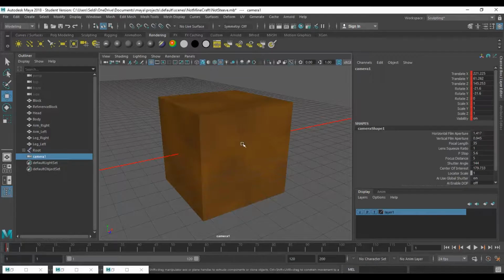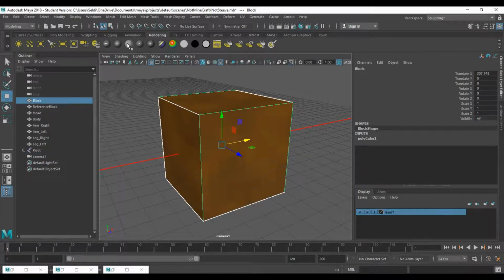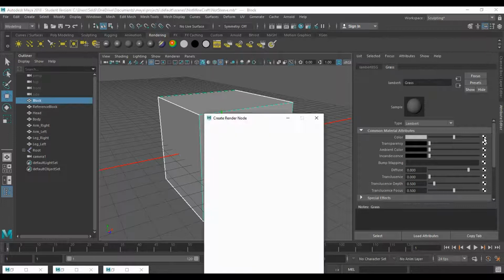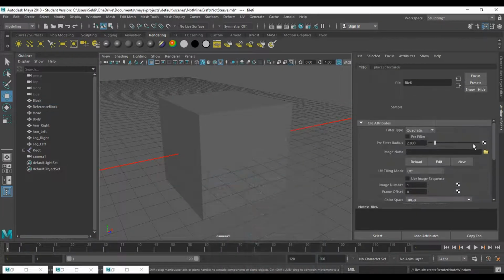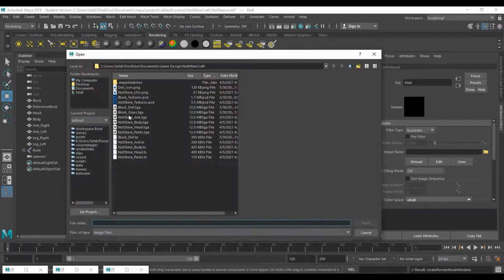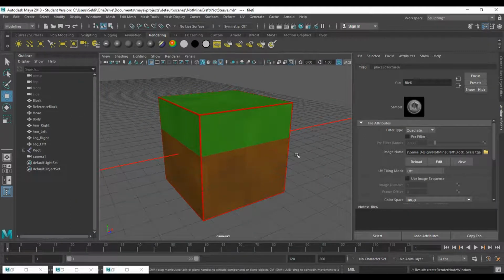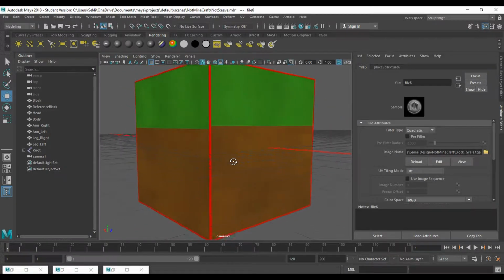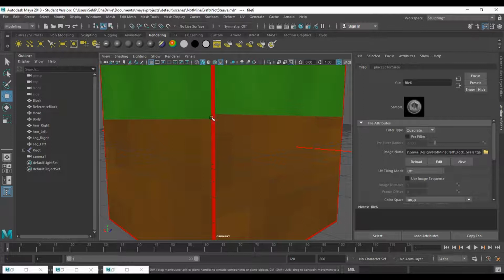Jump into Maya, select the block. I'll add the color. This is going to be grass. And then I will navigate to the grass file. There we go. And you can see right here how it is lined up. Good, good, good. Let's go to the back side, and you can see I'm off by a little bit, a